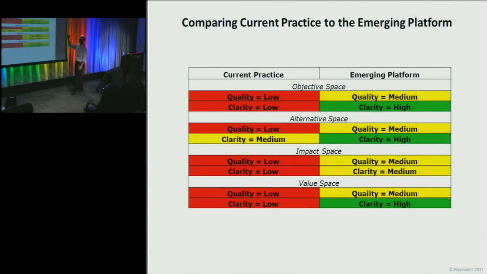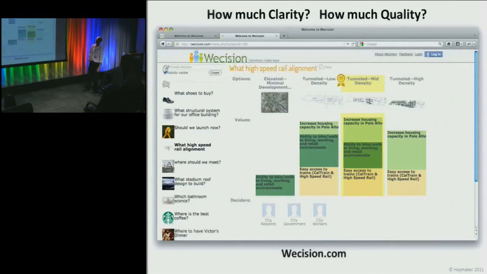So where are we now? I argue that we're getting a little bit better in terms of the quality and clarity of these spaces, but there's a lot of work to do. One thing I run into is that building these models is a challenge, and people don't want to commit to really changing their process and doing something else, even if it will lead to better designs eventually. So there's this ongoing research question about how much clarity and how much quality this design space should have for different challenges. This is one tool that we built, which is just trying to show different options,